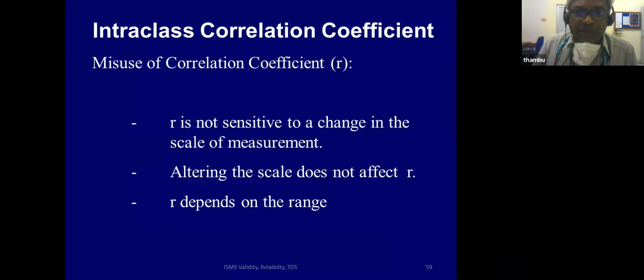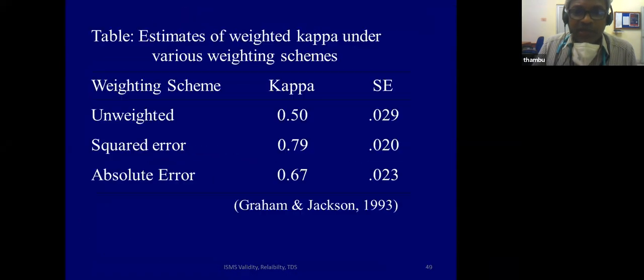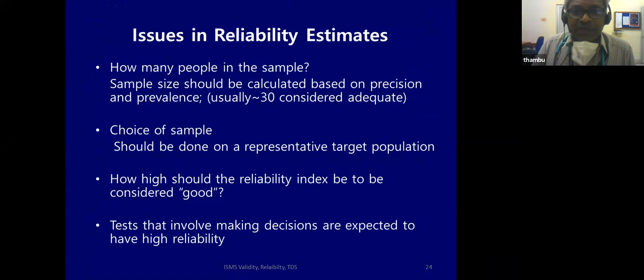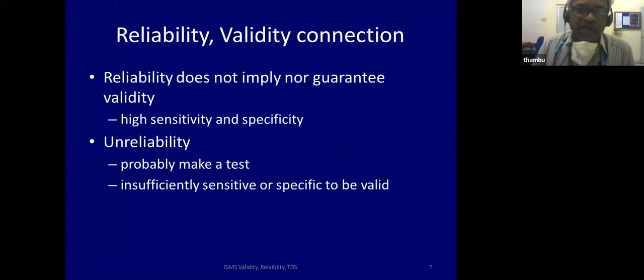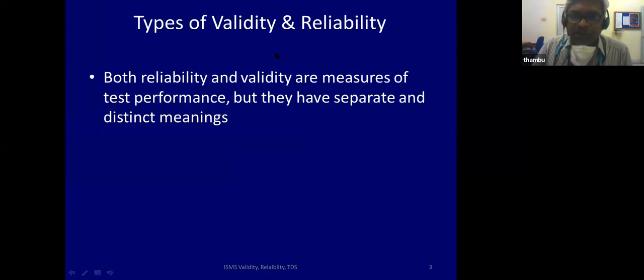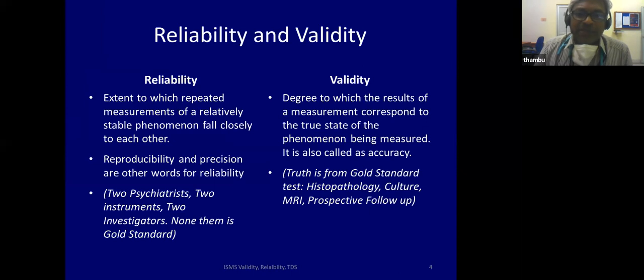So what I would like to end with is what I started off in the beginning, that there are 2 or 3 methods of talking about a diagnostic study. The diagnostic study usually has a group of people whom you test. You have an index test and a gold standard test. And those indexes which usually people talk, sensitivity, specificity, positive and negative predictive value, talk about the validity of a test. Reliability looks at how values agree among themselves. 2 people measure the same thing repeatedly. So that is reliability statistics.